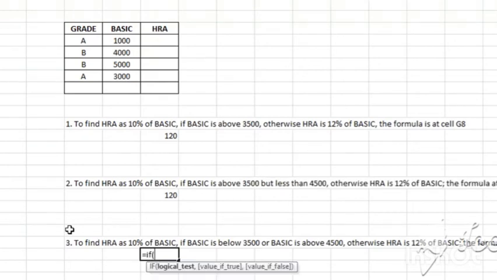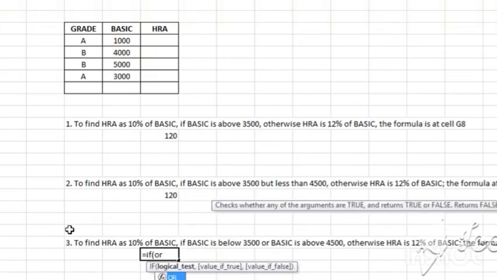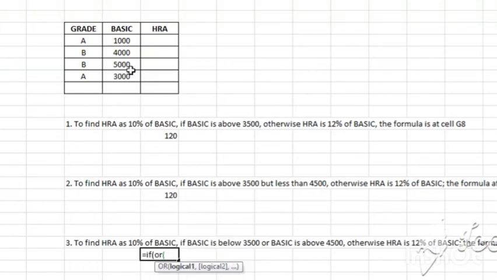Now they have said basic should be below 3500 or basic should be above 4500, any one of the conditions. So OR function. Now basic should be less than 3500 or it should be above 4500, bracket close because the logical condition is over.